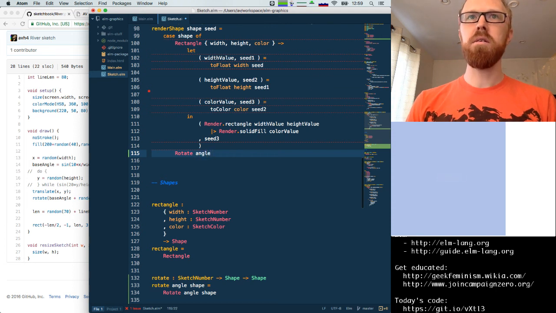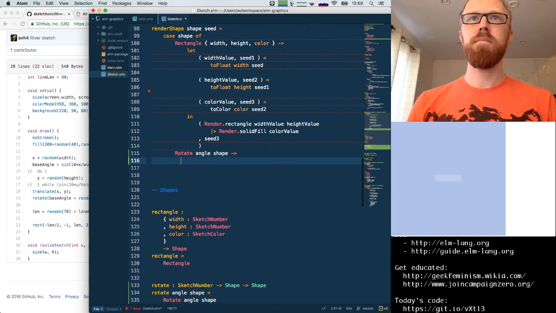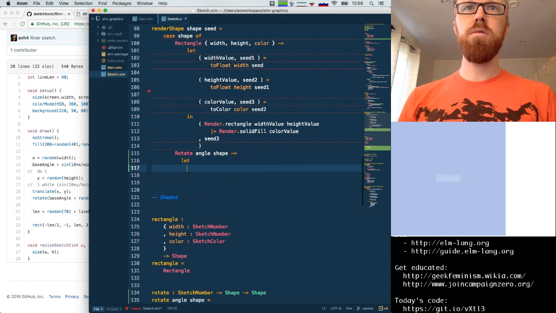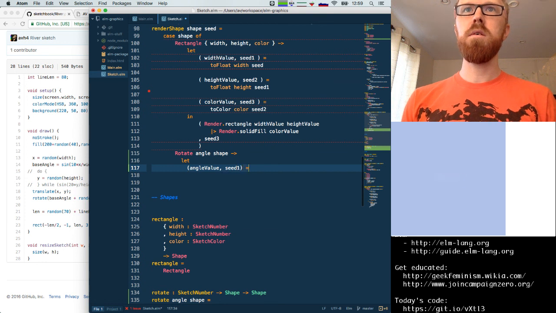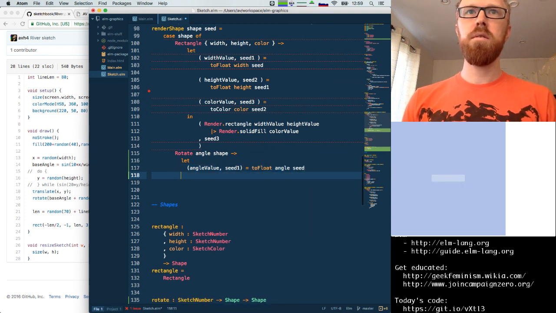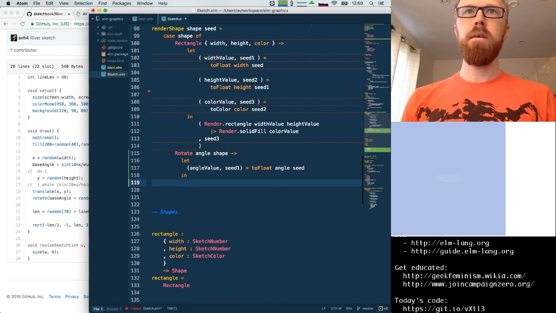So we'll have the angle and we'll have the shape. We're going to use a let block. We're going to have to turn the angle into an amount, or into a value. So we'll get our angle value and our new seed equals toFloat angle seed. Then